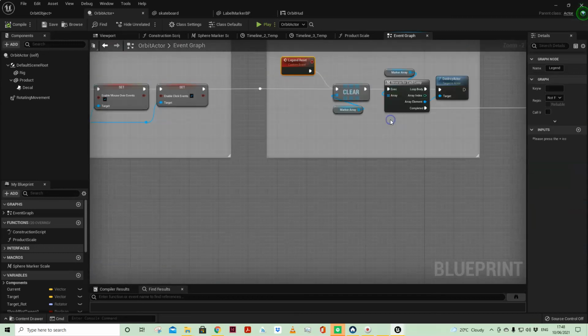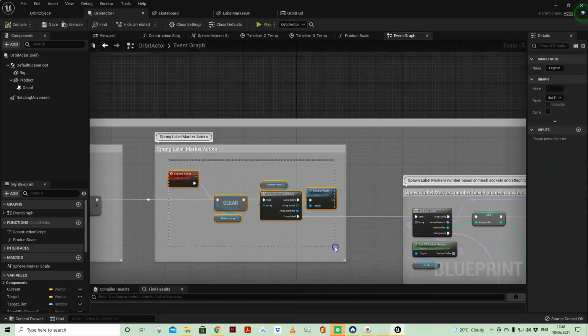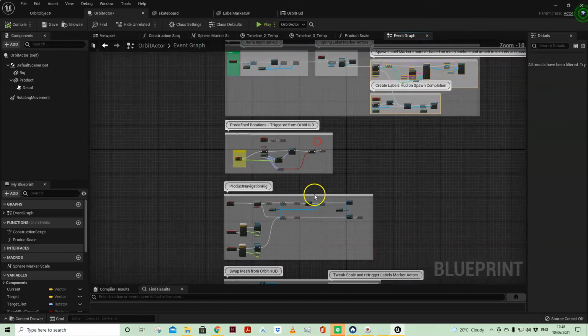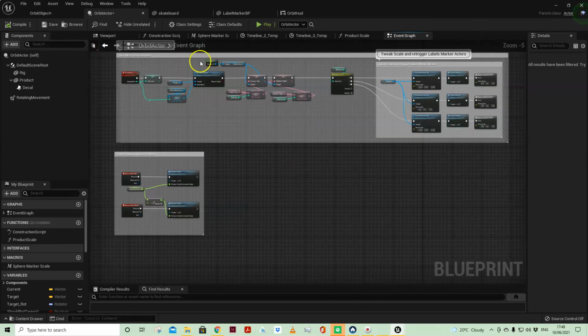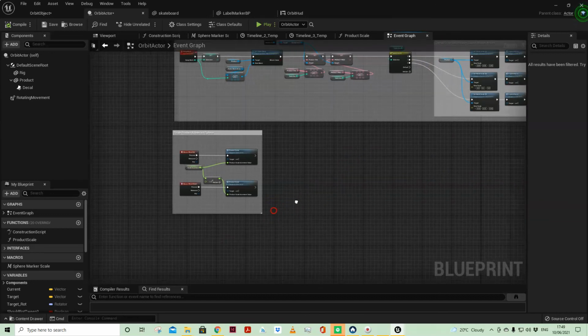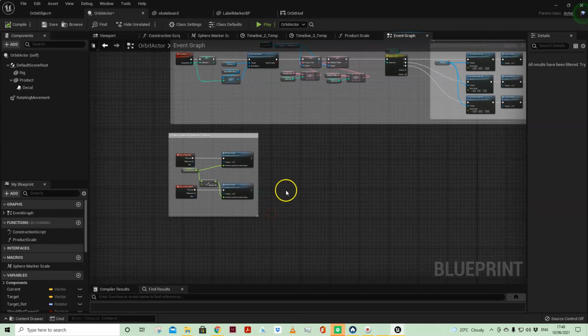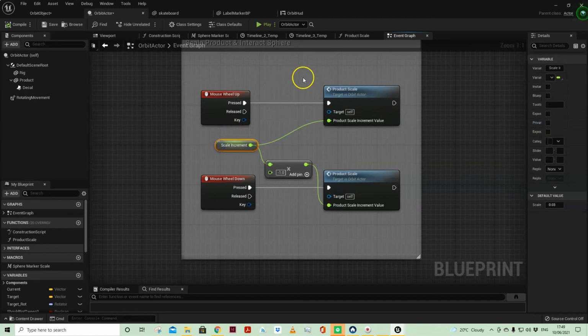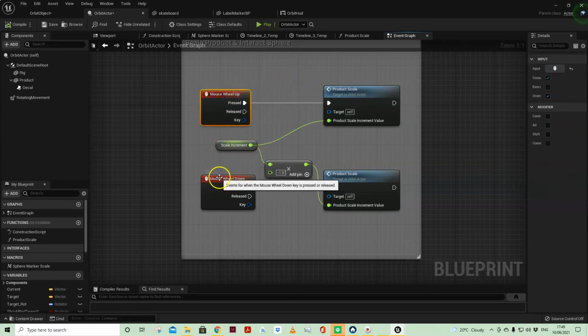So if you recall, at the beginning we were clearing all the markers and then recreating all the markers. So that happens every time the static mesh swaps, and it's dependent on that static mesh swapping for the markers in the world to first be destroyed and then respawned based on the number of sockets of the new static mesh. And then I've just got a mouse wheel up, mouse wheel down, affecting the scale of the product,